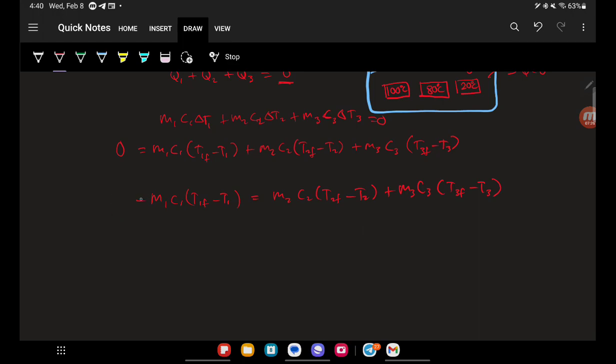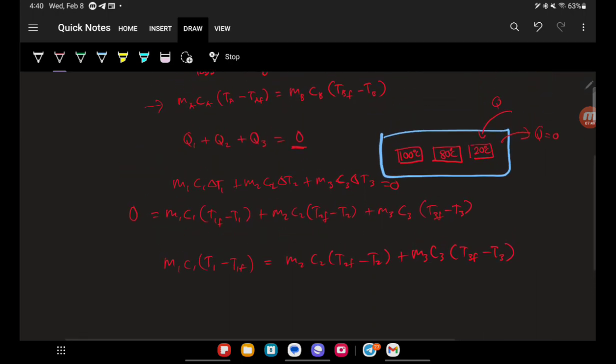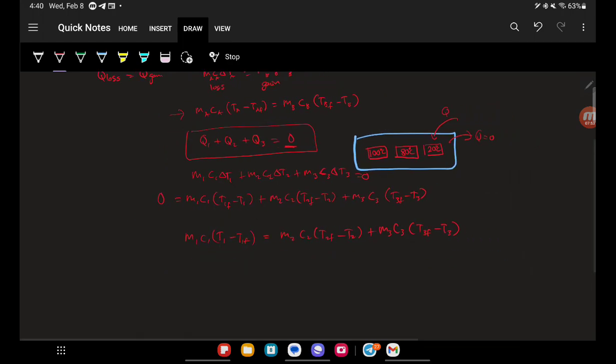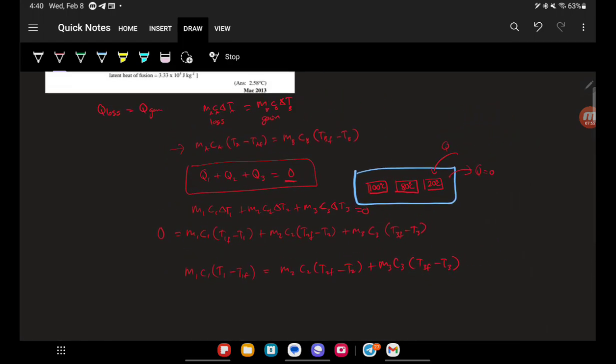Then if I were to bring the negative inside, multiply the negative inside, then what happened here is this thing is going to be inverted. So the T1 becomes positive, as what we have just now is negative, and then the T1F, the final temperature, is going to be negative. So then we don't have a negative sign in front anymore. Okay, so that's why we have it arranged in this way, but technically still following this concept is easier this way. Okay, so coming back